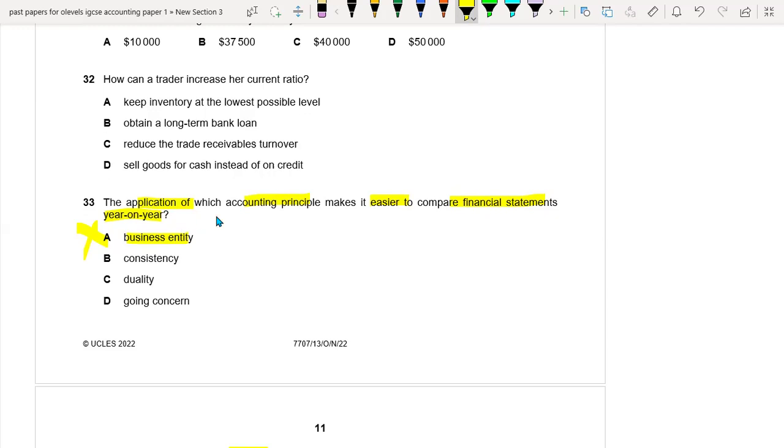So if consistency is there, it means that if you want to compare your financial statements year to year, this would be very useful for you, because you have been following the same year and the same methods. So it would not be affecting the profit. And that's why, like,